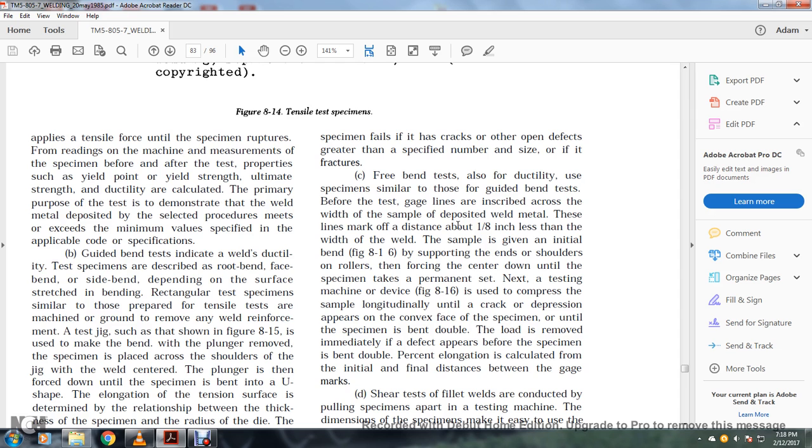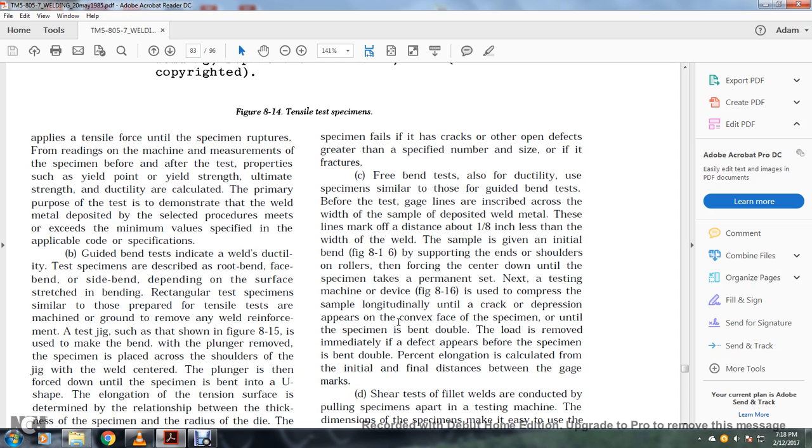The lines mark off the distance about 1/8 of an inch less than the width of the weld. The sample is given the initial bend. Figure 8.16 shows the supporting end of the shoulders, the rollers, then forcing the center down until the specimen takes a permanent set. Next, in a testing machine device, figure 8.16, the compressor bends the sample longitudinally until the crack